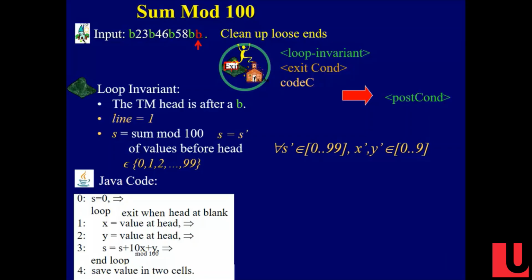But now we want to do metacode, right? So he asked, how do we do metacode? Well, I have the value S prime. If I'm in this code and I see a blank, then I go to line 4. I don't change my value of S. And what do I write? I write the higher order digit of S prime.